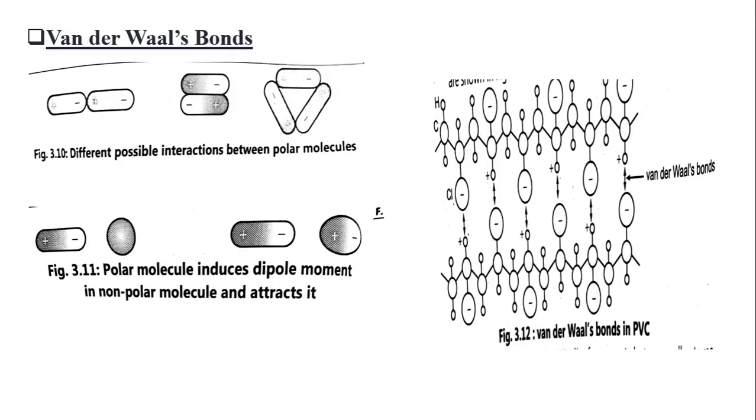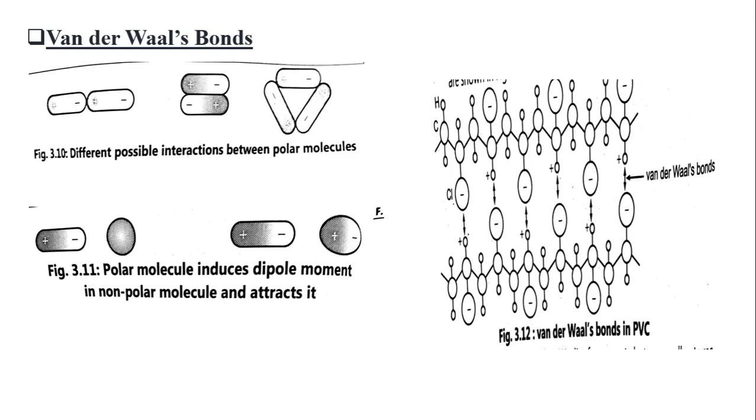Then van der Waals bonds. Ionic and covalent bonds are called strong bonds. These bonds have typical bond energies between 1 to 5 electron volts. There are also two types of weaker bonds. All atoms and molecules, even inert gas atoms such as helium and argon, exhibit weak short-range attraction for one another due to van der Waals forces. These interactions are called the van der Waals bonds. These bonds are due to interactions between electric dipoles of atoms or molecules. The bond energies are 0.1 electron volt or less.